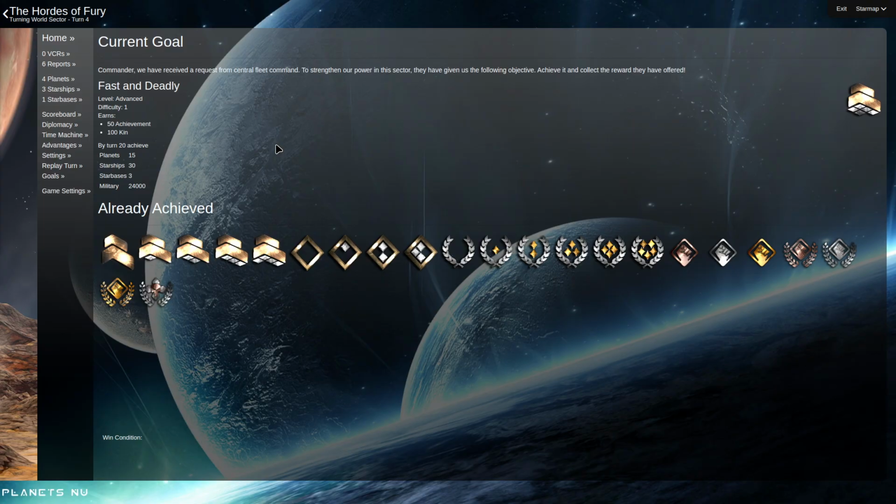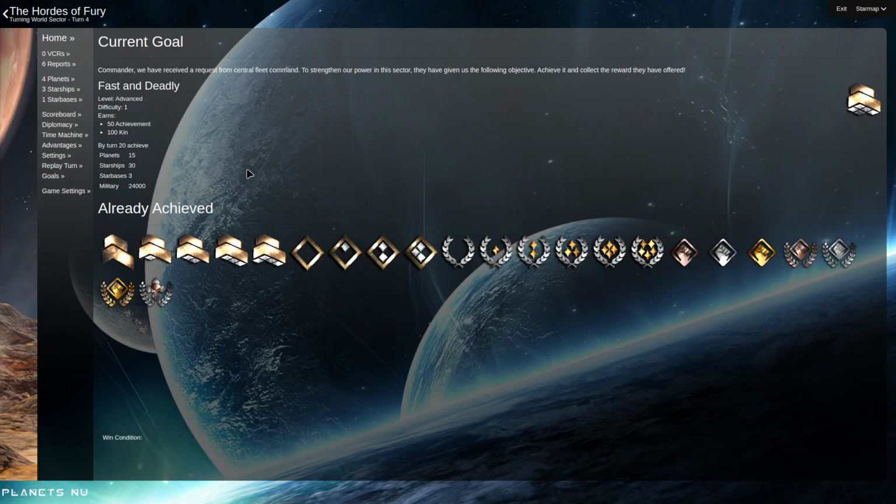Since I have already gotten these, did I get all of these? I think so. Interesting. Already achieved. But here's one, cluster director, and this one is called Fast and Deadly. It says, by turn 20, achieve 15 planets, 30 starships, and 3 star bases, and have a military score of